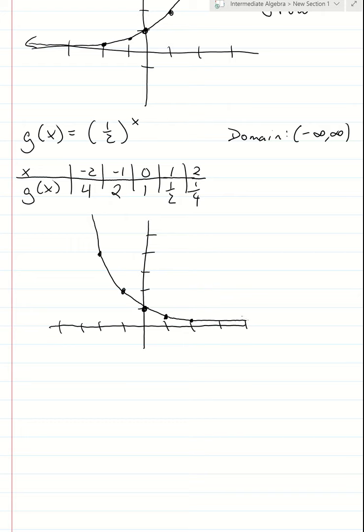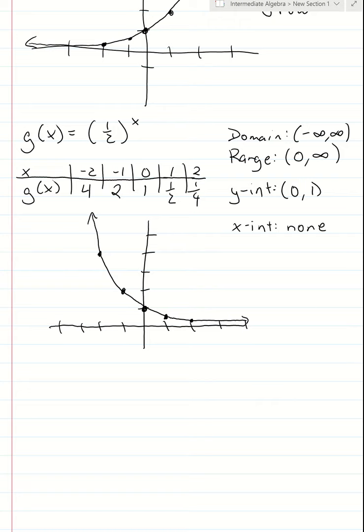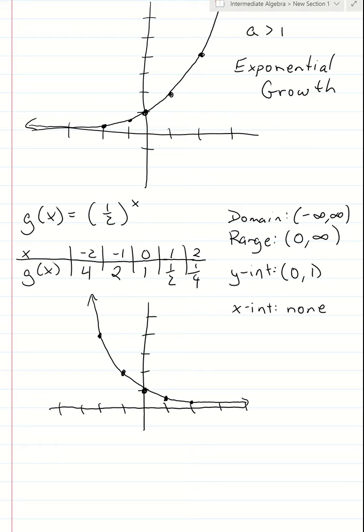we have a similar looking graph in that in terms of the range, once again, we are going from 0 to infinity. We will approach 0 from the y-axis, and we're going to go towards a positive infinity. In terms of the y-intercept, it's the same as before. It's located at (0, 1). And since this curve will never ever touch the x-axis, once again, in terms of the x-intercept, we would be able to say that there is none. Now, if we were to look at the two graphs,